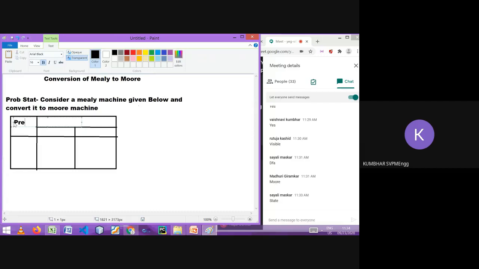It is saying present state. What is the present state?